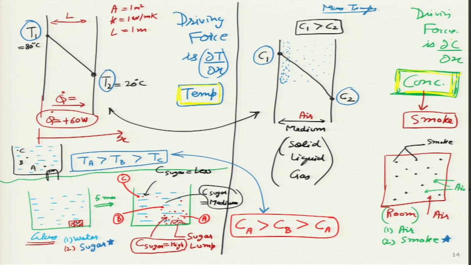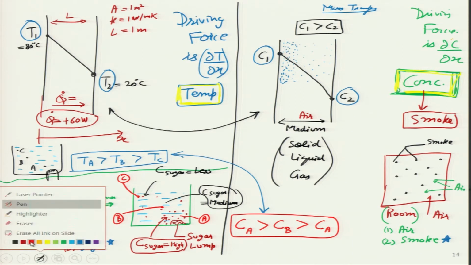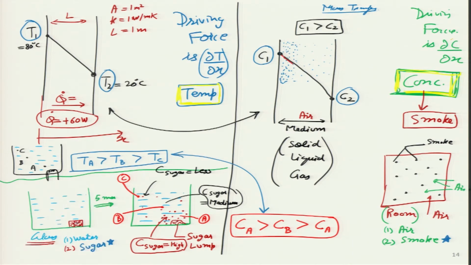So, this is my attempt at showing that the concentration is very high on the left side, then medium, and then low. This is just for the benefit of students, but in reality I am assuming that the concentration is reducing like this black line over here. I will make it red so that the students can see what I am trying to tell. So, this red line represents the value of C.